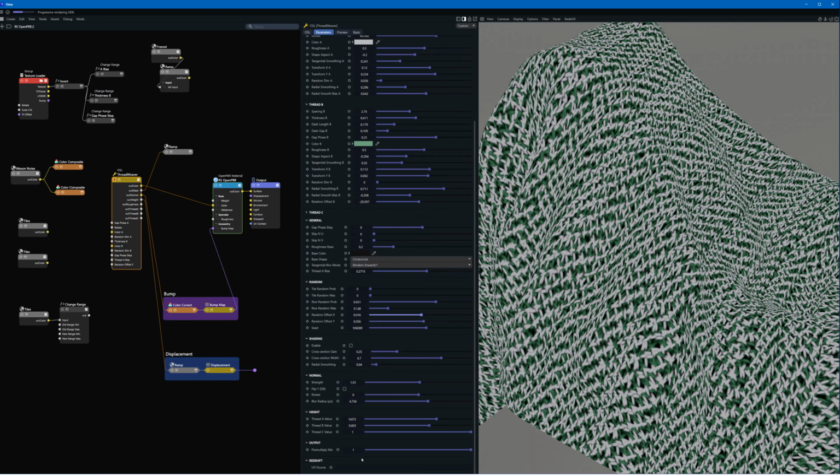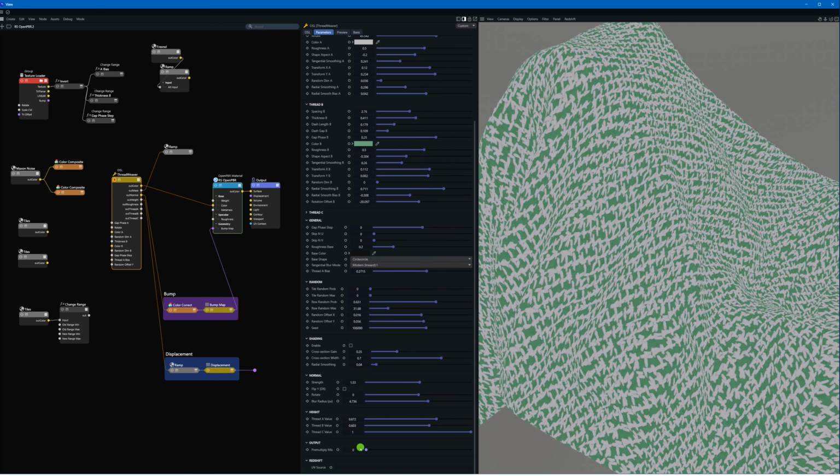Another change is the Premultiply. So before it was either on and off, now you can blend from on to off. So if you do not like this dark faded background at the end, so let's see, we're already on the color output. So you can have pure diffuse color with no shading effect. So when you're applying radial smoothing or tangential smoothing and you don't want it to affect the color,